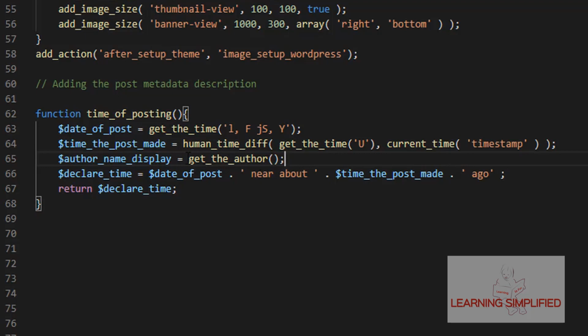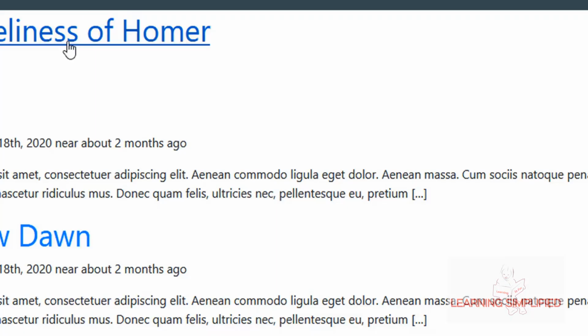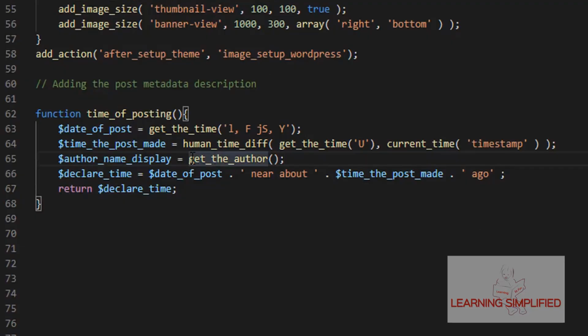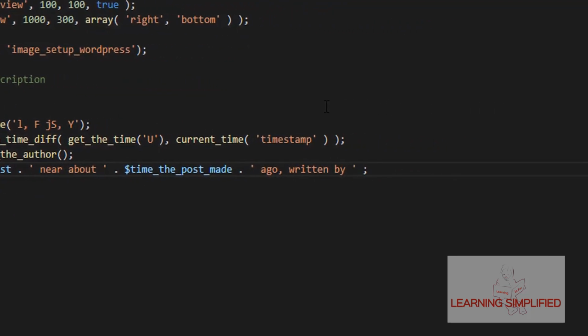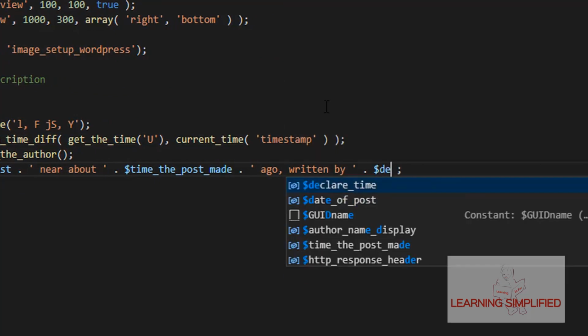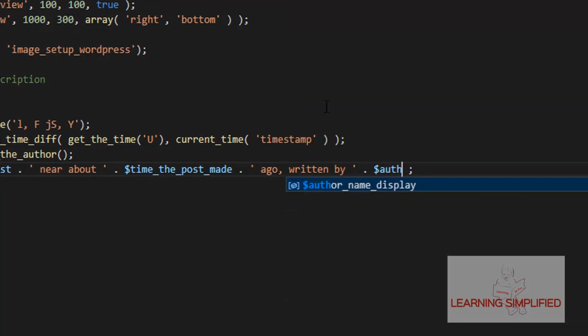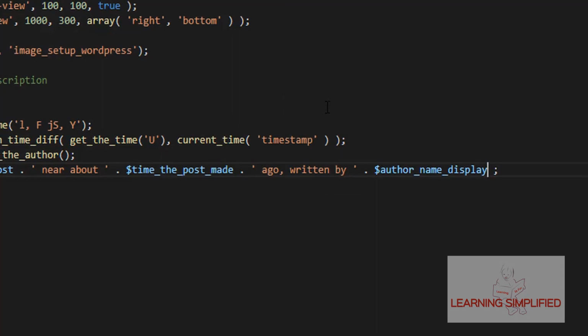So in order to get this author name printed into our page, since we have used this WordPress function as get the author instead of the author, we need to echo it into our project. This is what we need to do. So in the very first case, this is the thing we did, and then we will be using this variable name here that we have created.